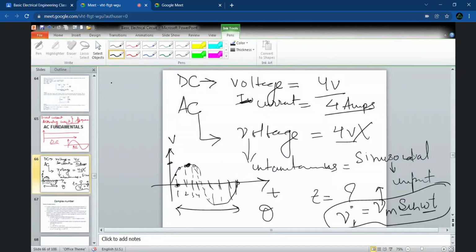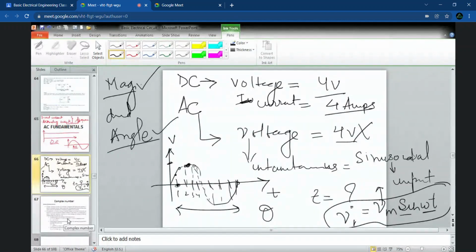In case of AC, we will be having two components. What will be that? Magnitude and? Excuse me, ma'am, there is a voice lag. Okay, am I not audible to you? I'm audible. Okay, so if you are talking of AC, we need to have two components: one is magnitude, one is angle. Now, with respect to this, I'll be discussing the complex numbers that we will be very frequently using. Is this clear to you?